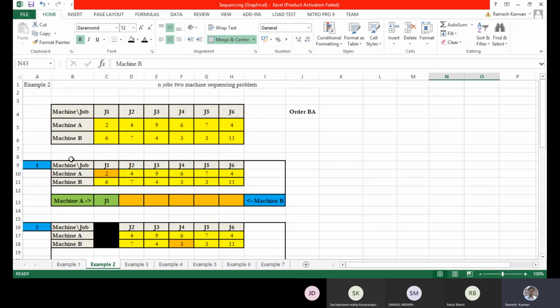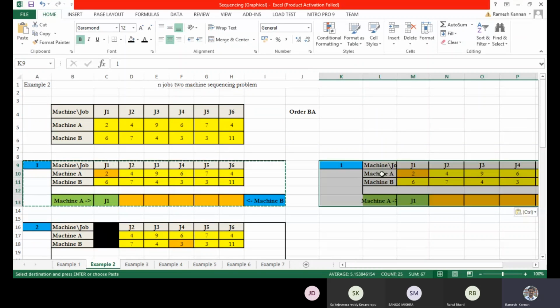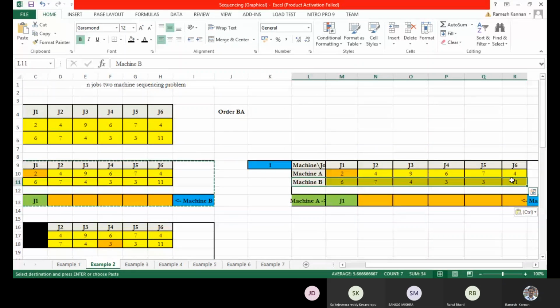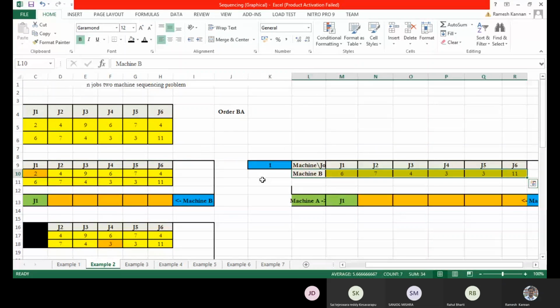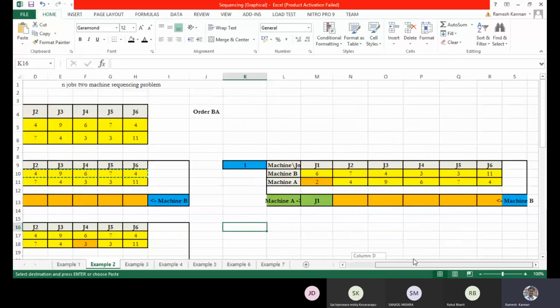Whereas, if I wanted to do this iteration for machine B, machine A, it's fairly the same, because for machine A, if the lowest is 2, then job 1 will be assigned to machine A. Do you understand?